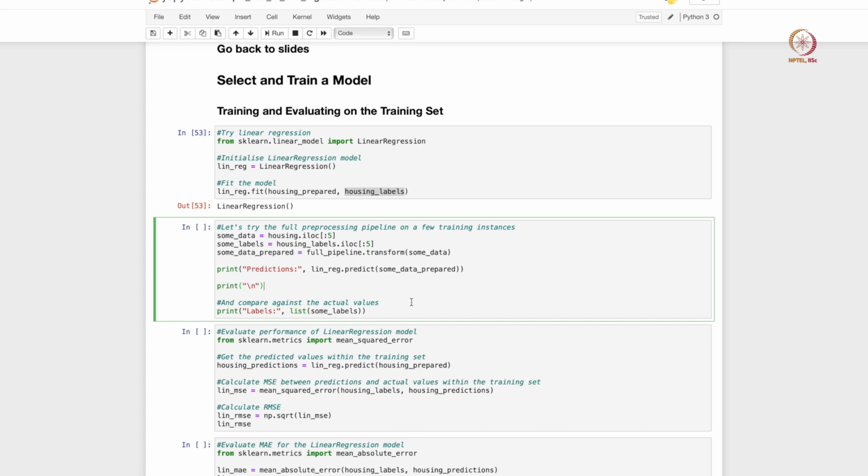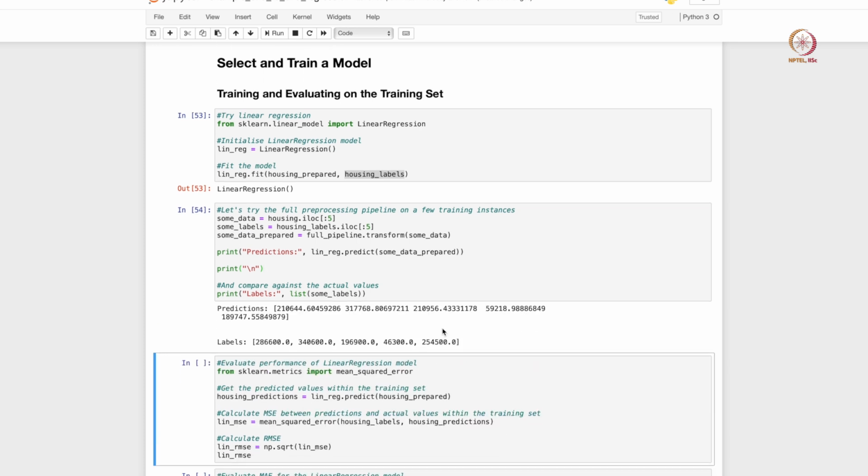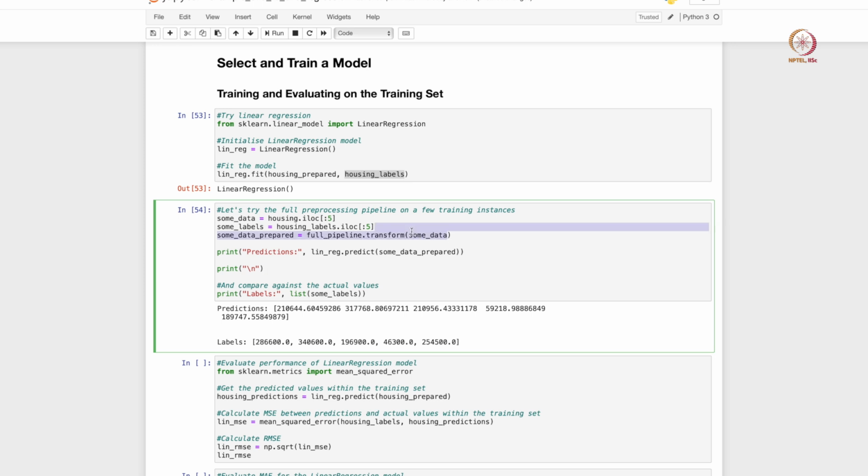Let's now see how good these fits are. We are going to take the first 5 data points from our original data set here, and then just so that we are comparing apples to apples, we pass the selected data into our pipeline, so we do all the regular transformations, and then we make predictions. The following are the predictions and the actual labels, and you see that the predictions are